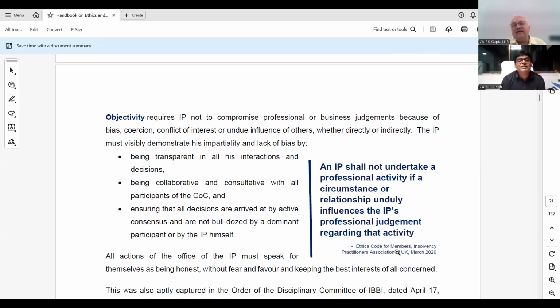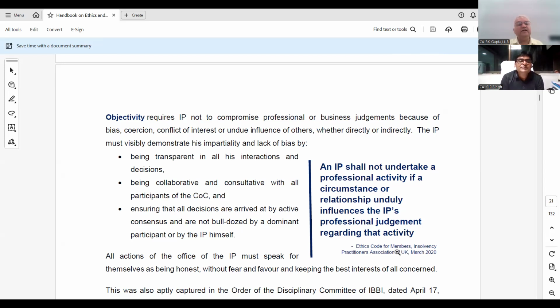No, what happens is that in case of liquidation, the sale will be conducted by the liquidator, and in case of individuals by the bankruptcy trustee. So the bankruptcy trustee is directly in touch with the person who is the acquirer of those assets. Right. So it may be that they include an undertaking that he is not related to any of the parties involved or something of that sort. So they might be obtaining some undertaking to that effect, just to ensure. Otherwise, nobody will come to know whose relative is doing what. So everything may not be in the knowledge of the IP also. So they may be obtaining an undertaking to that effect.